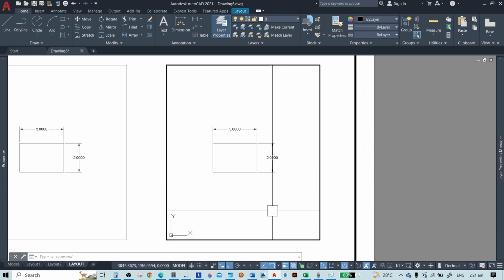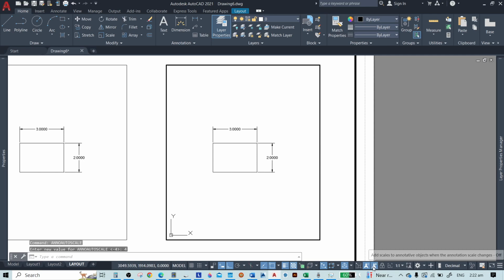Now what we are going to do, tapad aning or beside the show annotation object, this one, the one that has a symbol of electric or electricity, we must on that one. So as you can see, if we will read this, add scales to annotation object when the annotation scale changes.